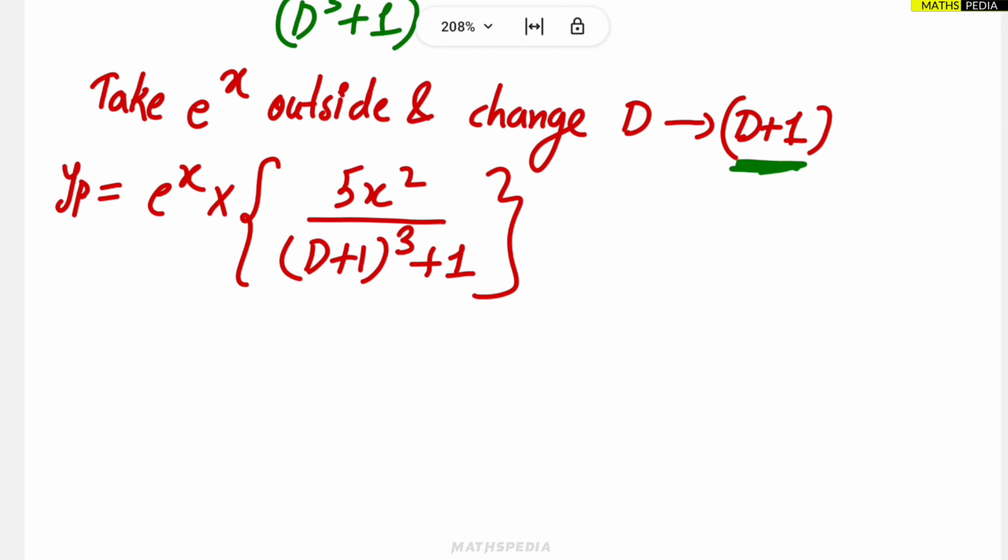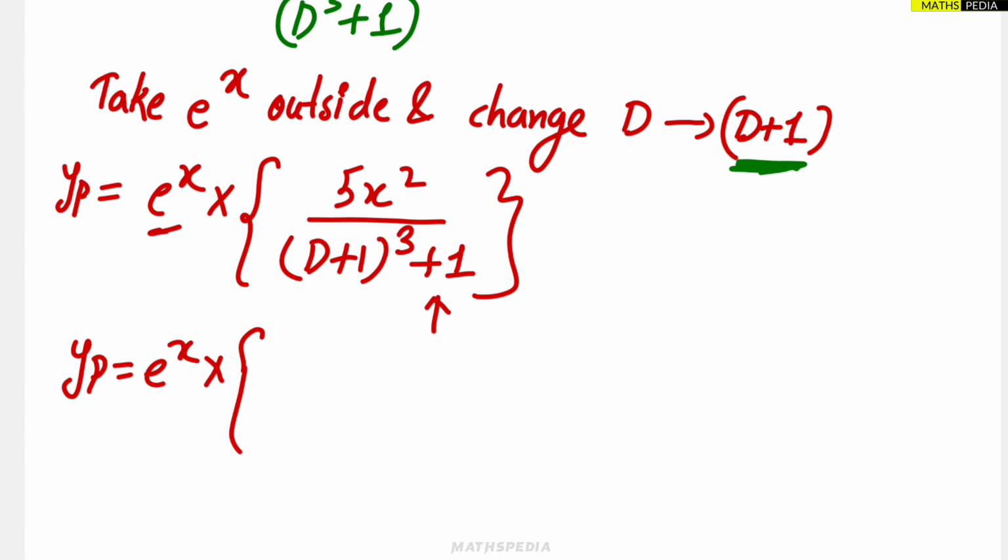Now after this you have to expand. So what will happen? Now e power ax you won't be touching. You have to solve only inside the bracket part. So yp is equal to e power x as it is. Inside the bracket,